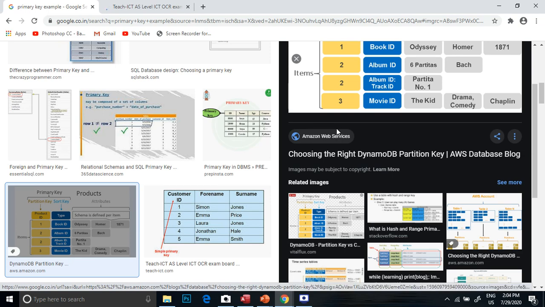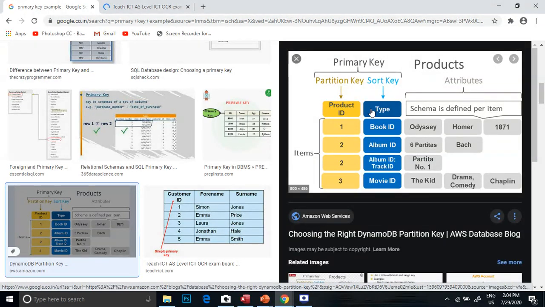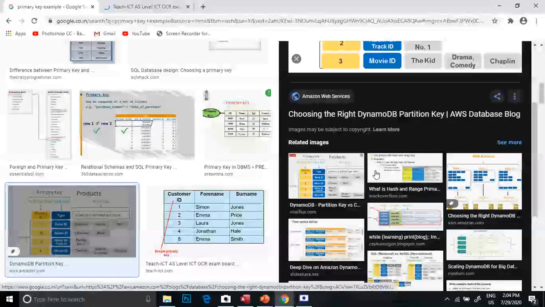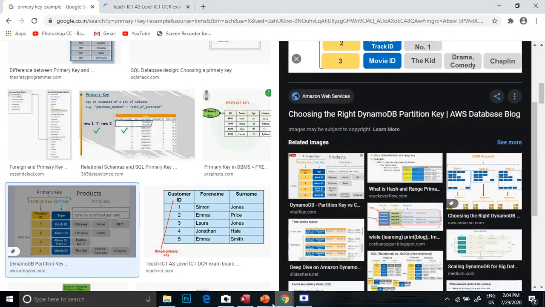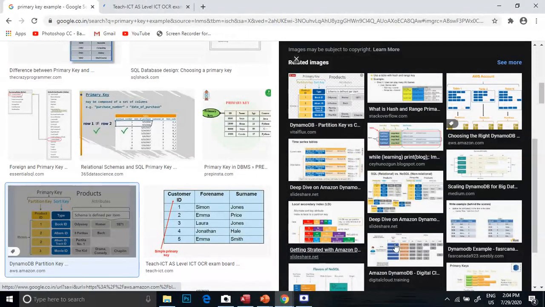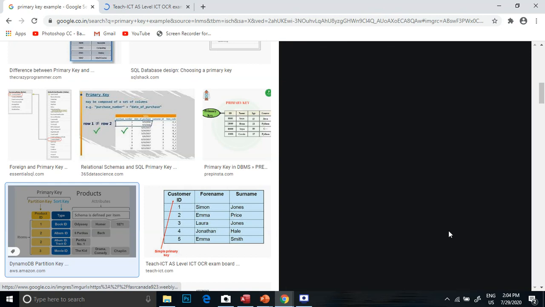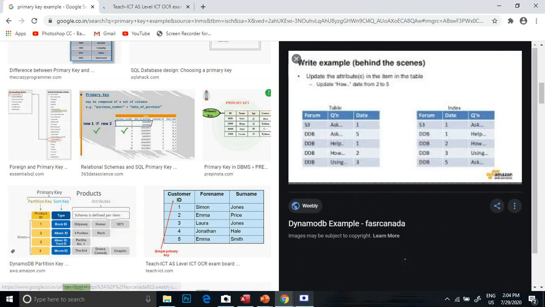We have different book names here, product names here, but the product ID is the primary key here. Like that, customer ID or product ID or employee ID are different primary keys available.